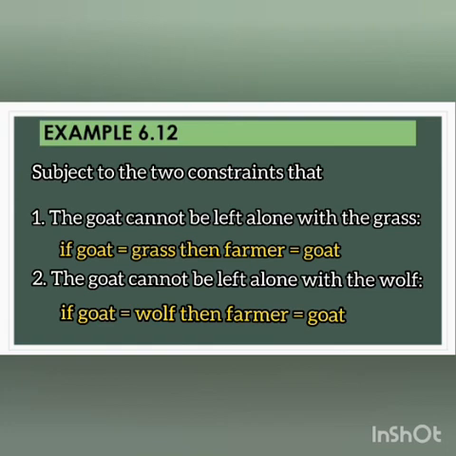By repeating this process with the help of these 2 constraints, we can achieve all 4 can be shifted from the left hand side of the river to the right. In this, we have ignored some of the details. For example, the boat. Even though the boat plays a role, we don't allocate any separate variable for the boat. So, only the relevant details are required to solve a problem. Here, the irrelevant details are ignored or hidden. So, this is the concept of abstraction.